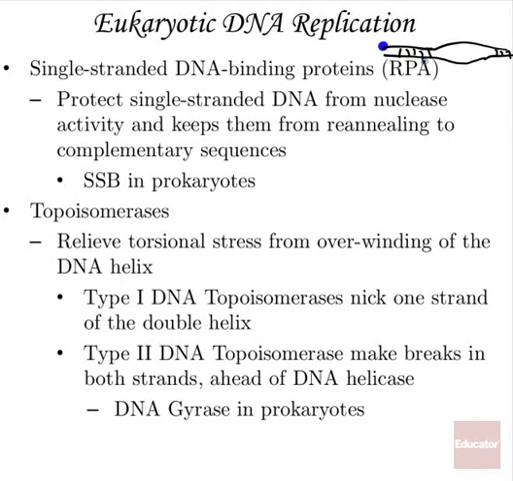And so we have proteins called single-stranded binding proteins, and in eukaryotes, those are RPA, okay? Now, RPA is just replication protein A. Those proteins are going to bind these single strands,